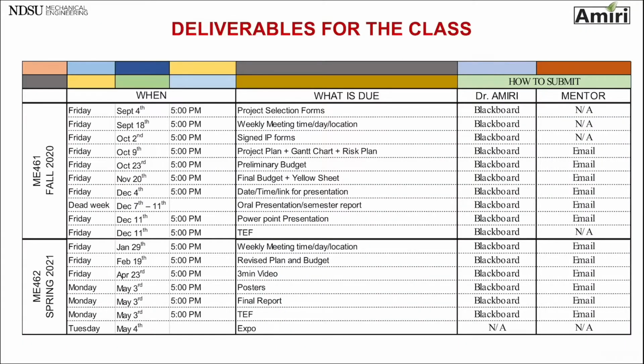Just a reminder of where things are. I hope you're working on your IP forms and signature of IP forms. They're due by October 2nd. The next steps you have to do are the project plan, Gantt chart, risk plan, and your preliminary and final budget, which I will talk about in the next videos. But in this video, we'll focus on this step. As a reminder, it's due October 9th,